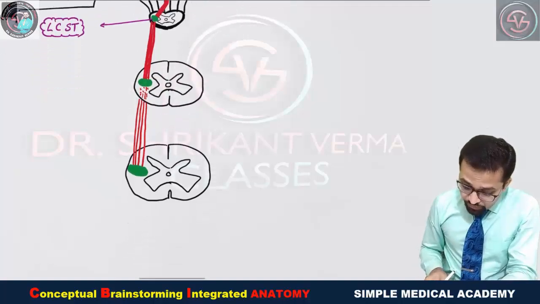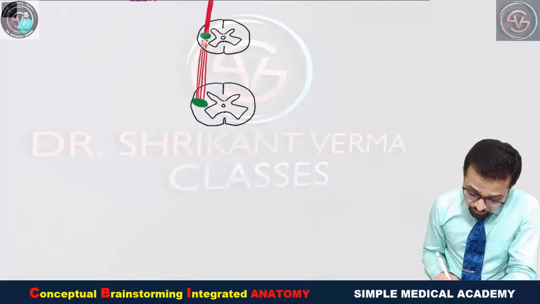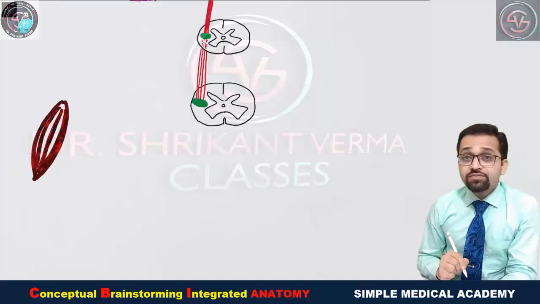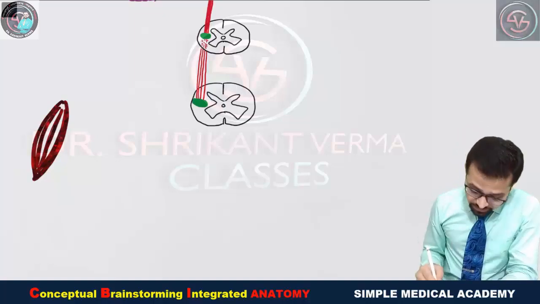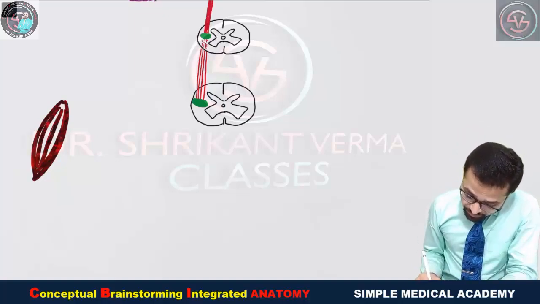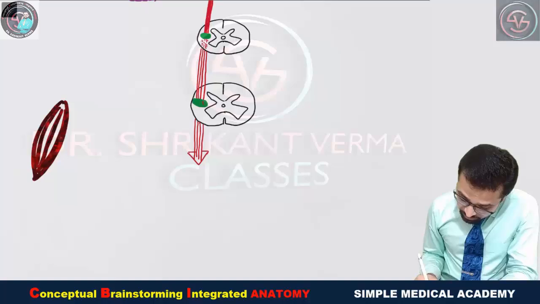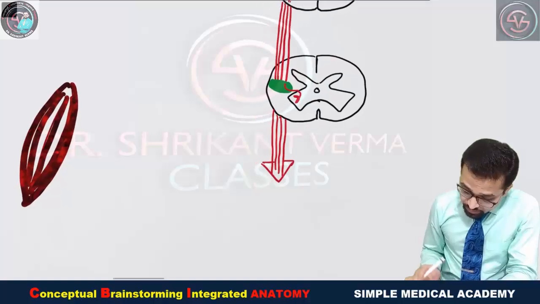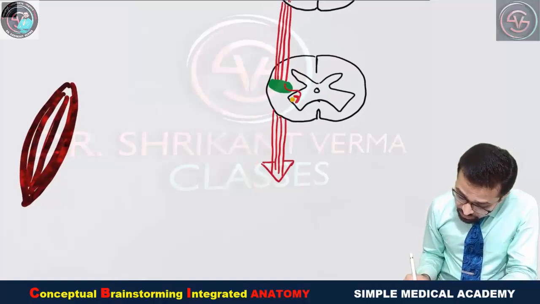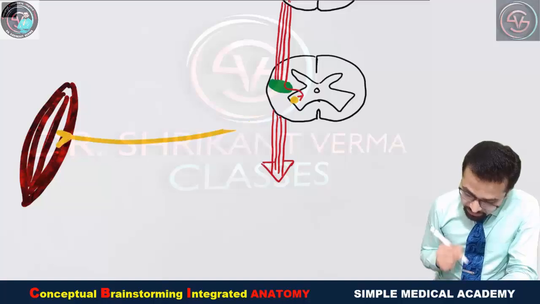Okay. Now when these fibers have to supply any muscle, suppose this brown colored structure is showing the muscle fiber, how will a single nerve supply this muscle? Try to understand. This tract is going downward to supply the various muscles of the body. But when it has to supply this particular muscle, one fiber comes to the anterior horn. Now from the anterior horn, another neuron starts and supplies the muscle.